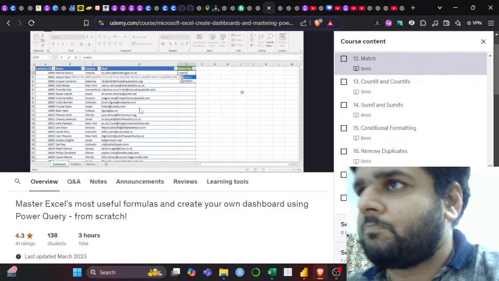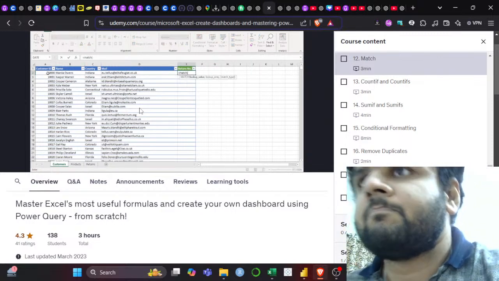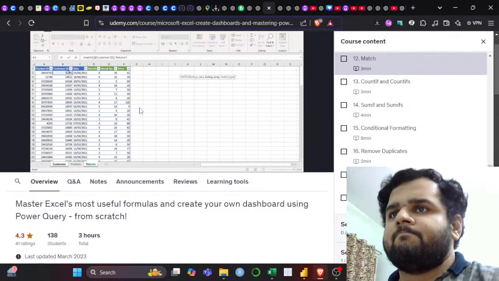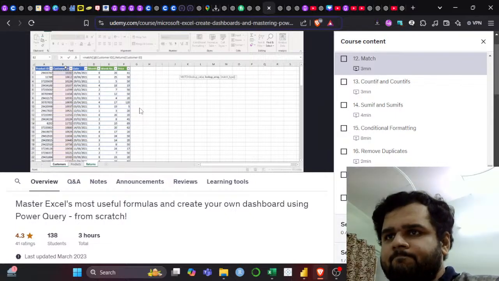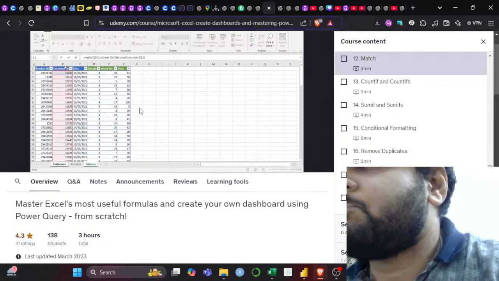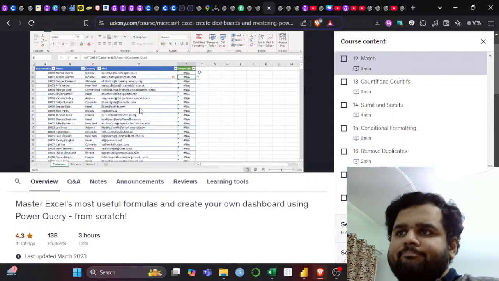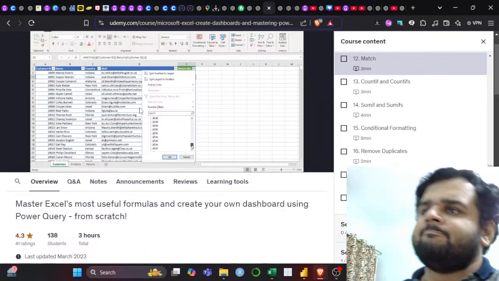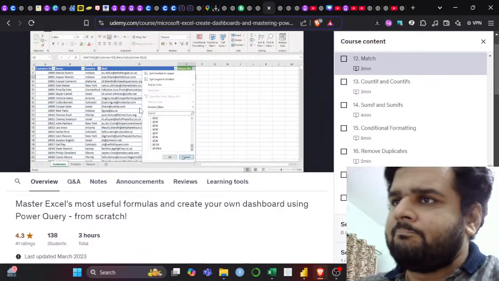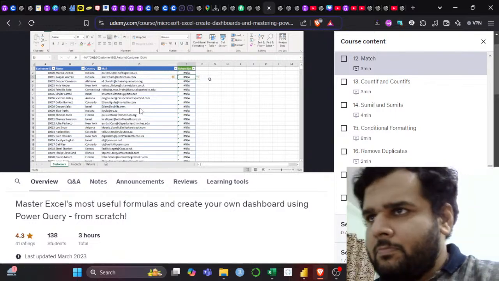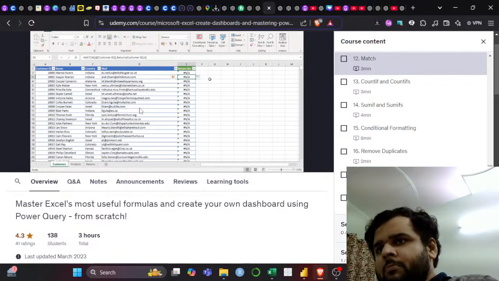So I'll type in match. My lookup value will be my customer ID, comma, to separate it. My lookup array, I'm going to go to my returns table, and I'll highlight the customer ID array, comma, match type exact 0, and click enter. As you can see, we have a lot of NAs, a lot of problematic cells. This is intuitive, since a lot of my customers did not return orders, so their customer ID was not located